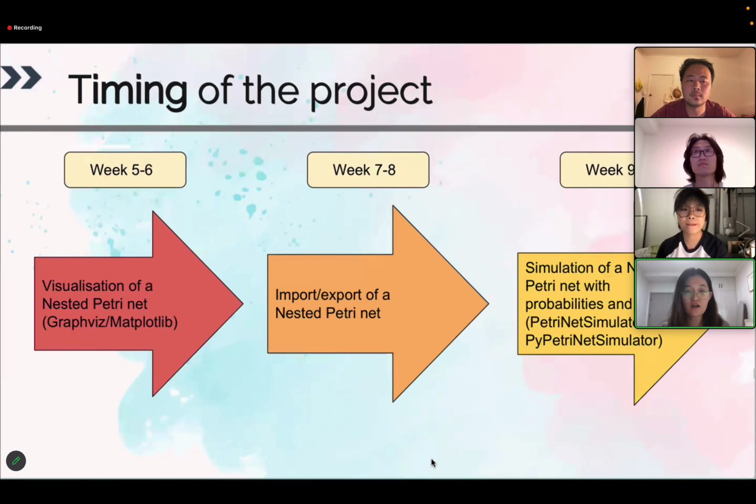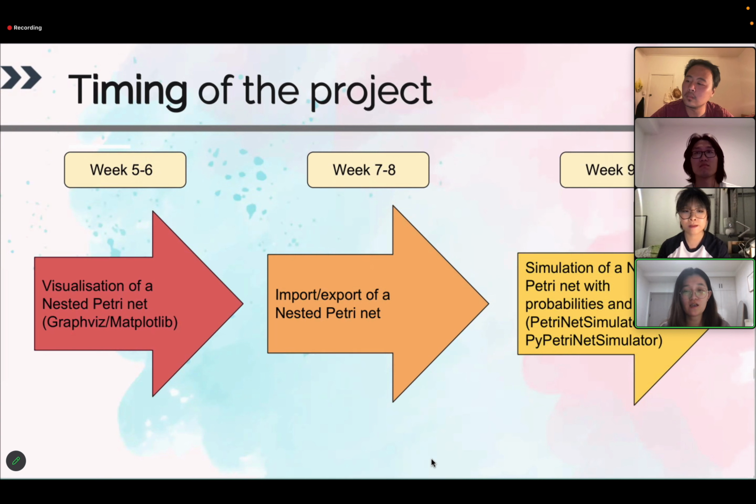Well, Zhonghui just talked about the importance of the project, and I would like to talk about the timing of the project. We plan to have four steps of the project. The first one is the visualization of a nested Petri net, and we would like to use some libraries like Graphviz or Matplotlib. And this will take about two weeks, and we plan to finish this part during week 5